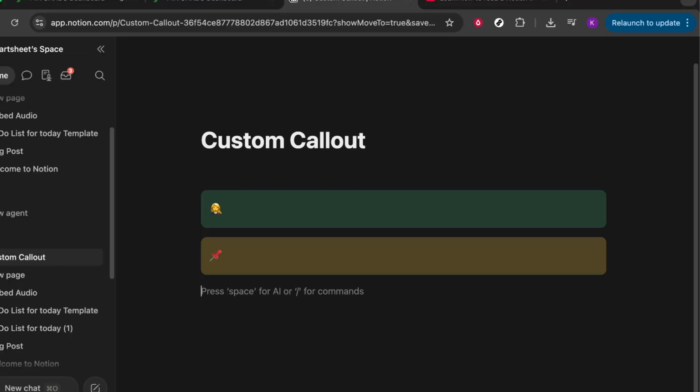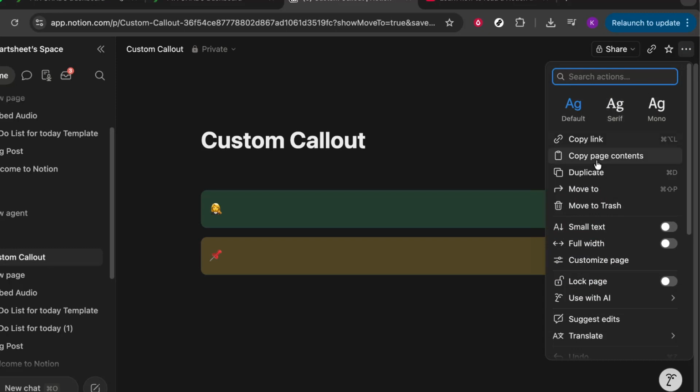Now, I want to explain why the full width option is beneficial. By expanding to full width, your page can accommodate more content horizontally, which is particularly useful when you have tables, timelines, or any wide content blocks. It gives you a better view and makes your Notion workspace feel less cramped. This adjustment can also reduce the need to scroll horizontally, which can make the navigation and reading of your content